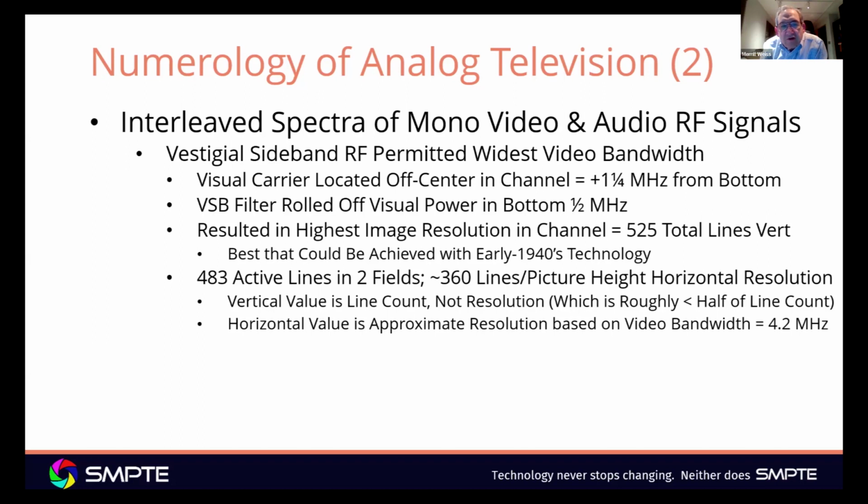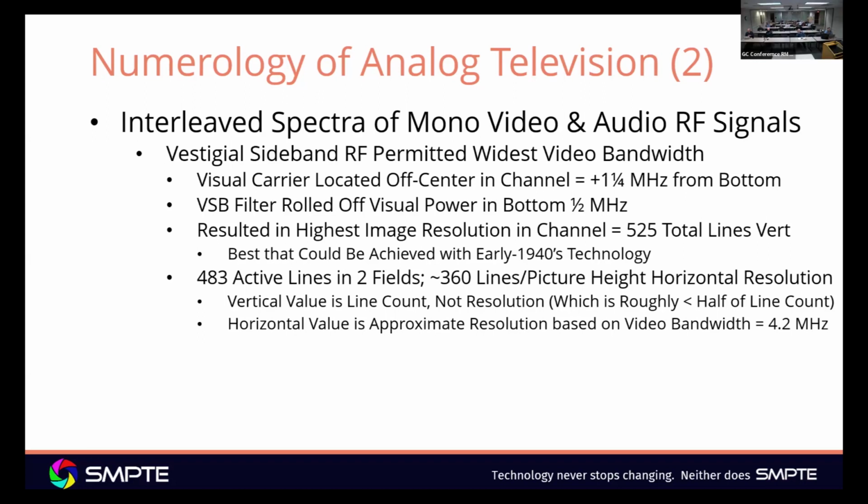And then the vestigial sideband or VSB filter rolled off the visual power in the bottom 0.5 megahertz. So you had 0.75 megahertz below the visual carrier that had real information, and then it was rolled off to the channel edge in the last 0.5 megahertz. That turned out, and it was a very late addition to the NTSC monochrome transmission system, but that allowed the highest bandwidth for carrying information and